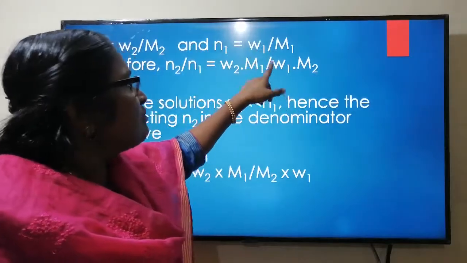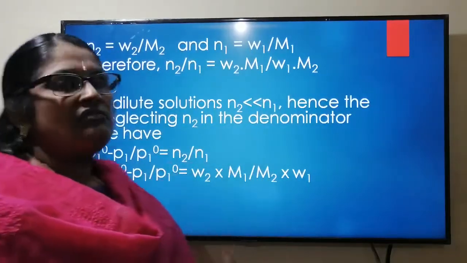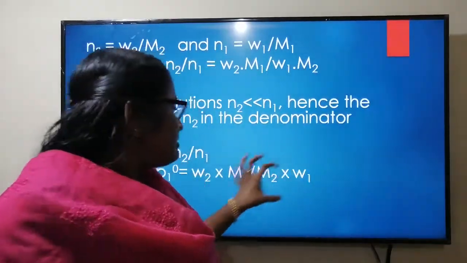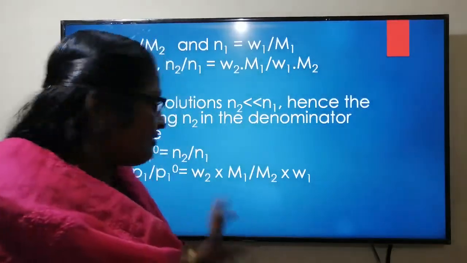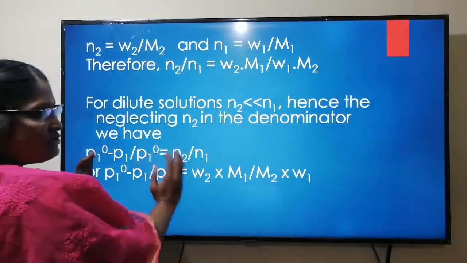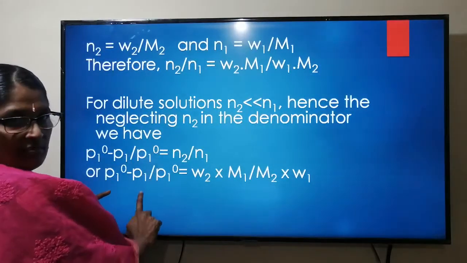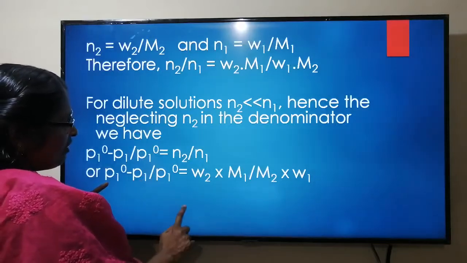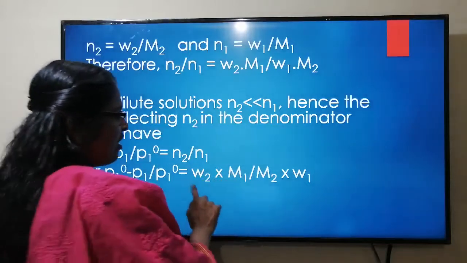So substituting N2 by N1, we will arrive at this equation. This is the final equation we are using for doing some numericals. Just remember these by heart: this is the relative lowering of vapor pressure. What is that term? This one. Relative lowering, that is (P1° minus P1) divided by P1°, which is equal to ΔP1 divided by P1°, which is equal to W2 into M1 divided